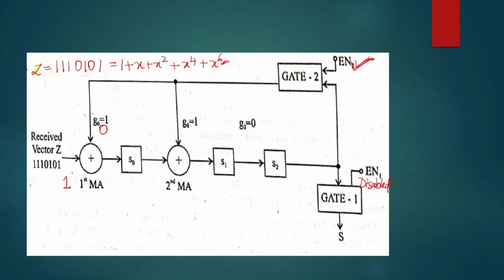So I'll just erase it. 1 plus 0 is 1 and previously there was 0 over here. Then there is 0 here also. Whatever is fed over here will also be available here. So 0 plus, previously there was 0 over here, 0 plus 0 is 0. So 0 gets stored. Previously there was 0, and that 0 gets pushed to the extreme right.